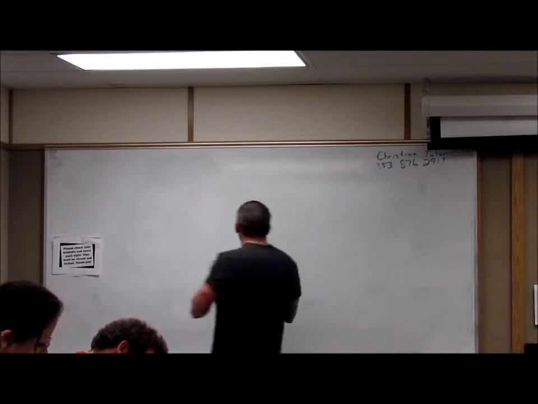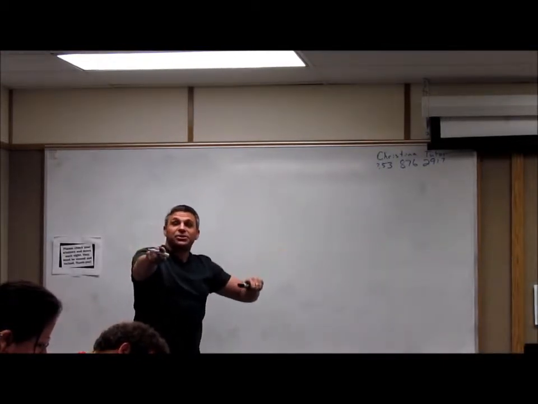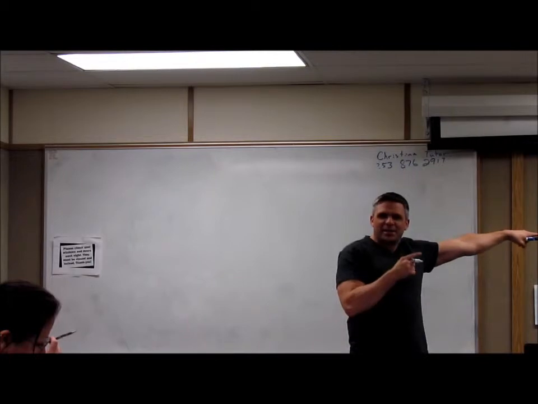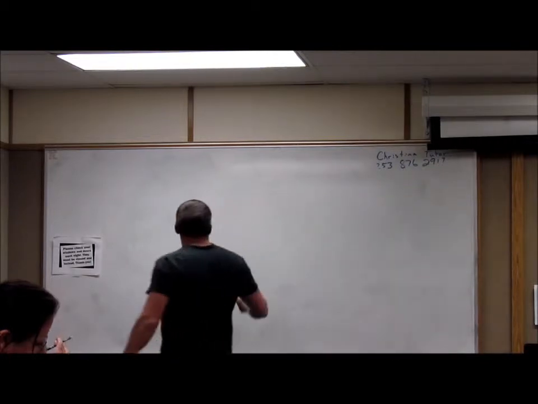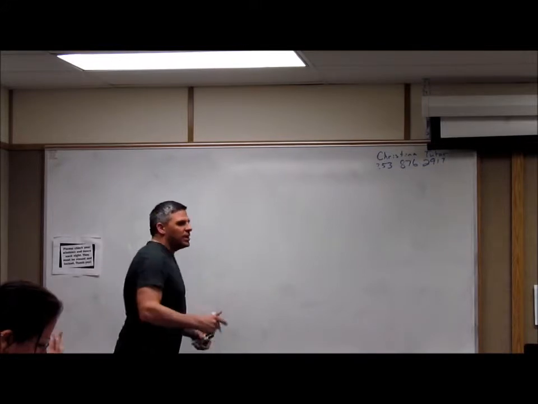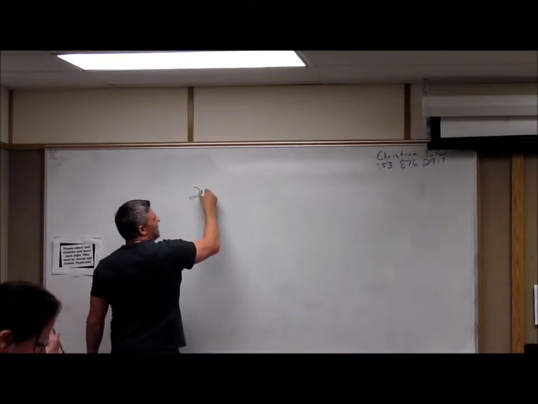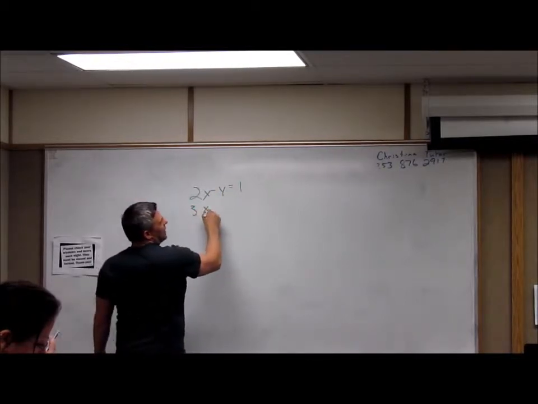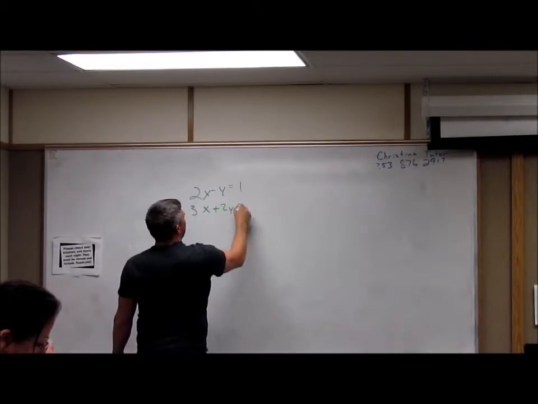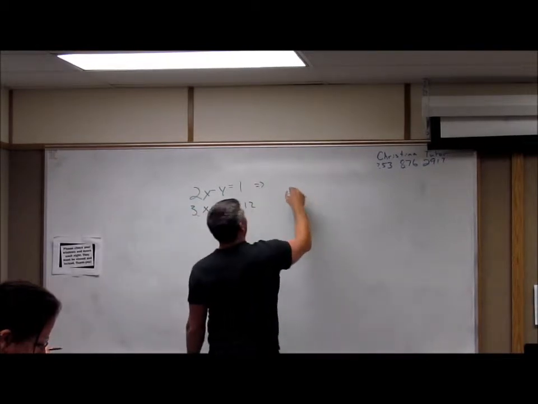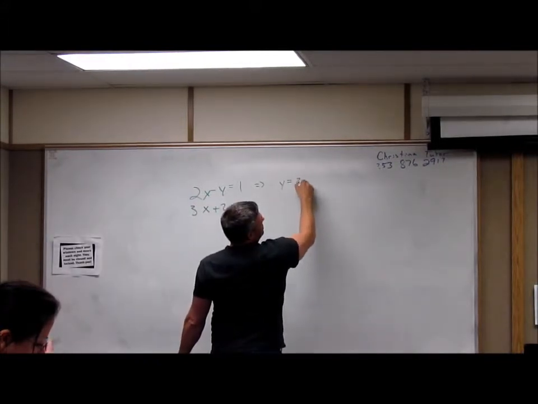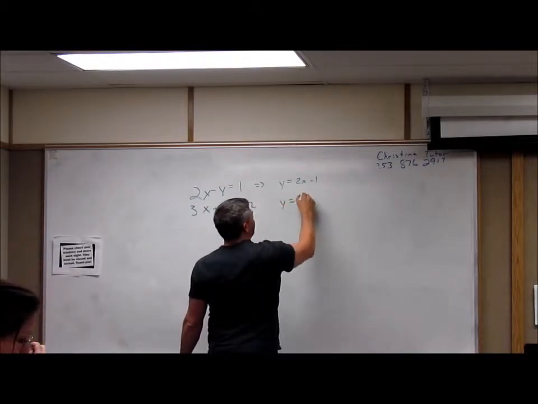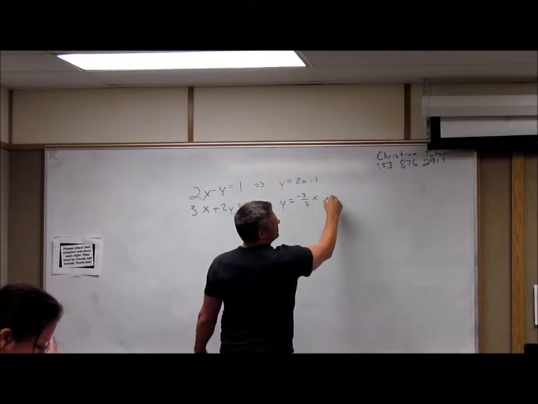would be to say, okay, I'm going to use substitution still, but that substitution is one where I'm taking a binomial and plugging it in. This substitution is one where I'm taking a number and plugging it in. So let's put our two equations up. 2x minus y equals 1, and 3x plus 2y equals 12, which implies y equals 2x minus 1, and y equals negative 3 over 2x plus